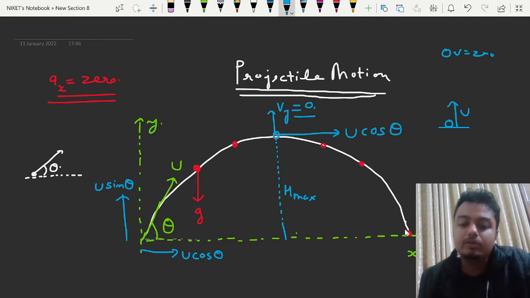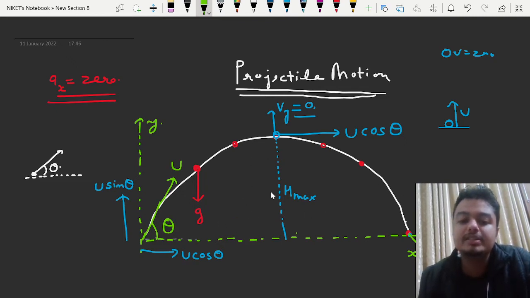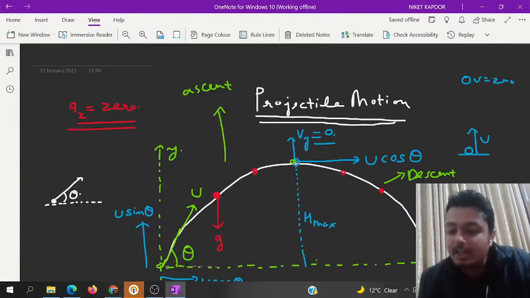All right. Now let's come to the end point. At the end point, what will happen? Again, it should strike with a speed u, because I am able to apply the conservation of energy principle, because it has come to the same level and the angle with the horizontal remains the same. So it is somewhat symmetric about this axis. If I keep a mirror here, then it is symmetric about this mirror. Just that the first part of the motion is the ascent, and the second part of the motion is the descent. I hope these things are pretty clear.